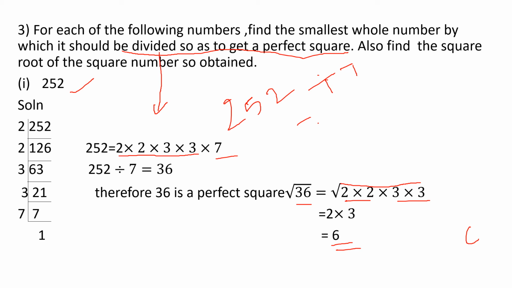So here also, in the question they have mentioned divide to get the perfect square. So what you are doing here, the first step is the same: you do the prime factorization, then you check. So here also you have a number without a pair because the given number is not a perfect square. Here you will divide by that number. After dividing you will get one answer. For that answer you will take the square root, right? After that you know how to write the square root value. Just write it down. Is it clear, children?